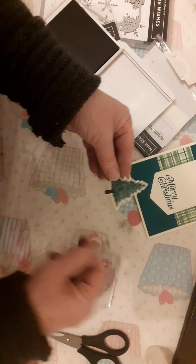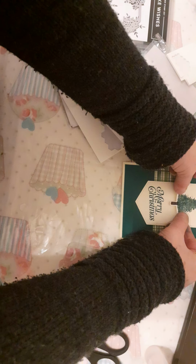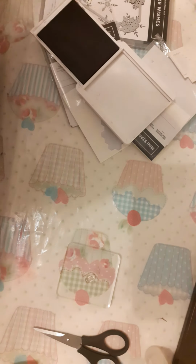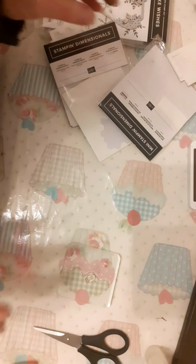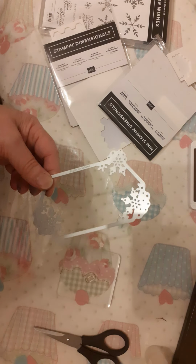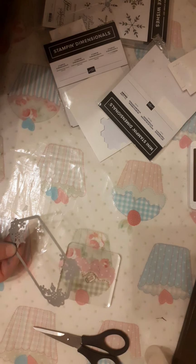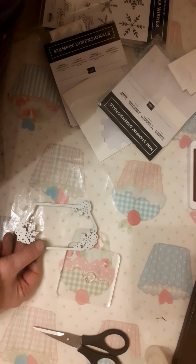and do that. So this set, the Merry Christmas and the tree, is from Perfectly Plaid, so that's beautiful there. But I'm going to show you how to make the same card with current things. So there's this beautiful die in the Snowflake, so many snowflakes dies, I think it's called, and I did cut myself a piece of